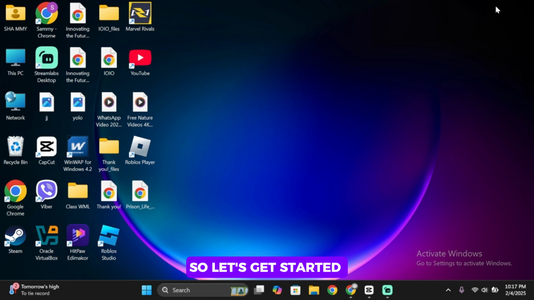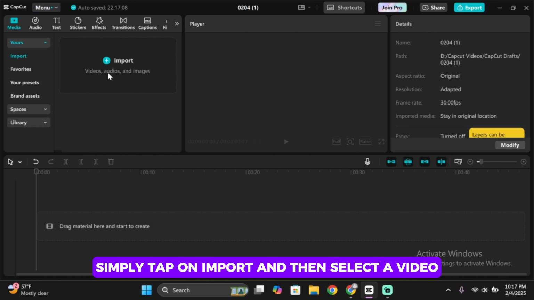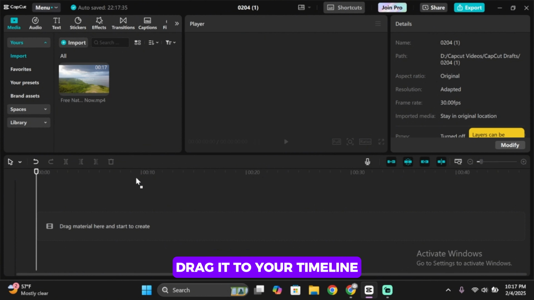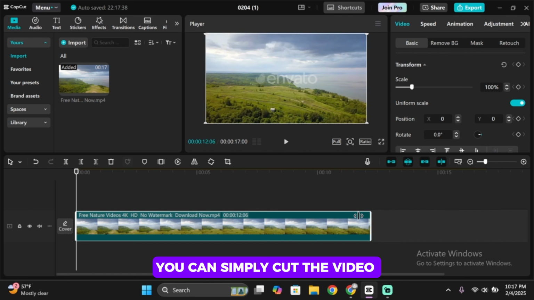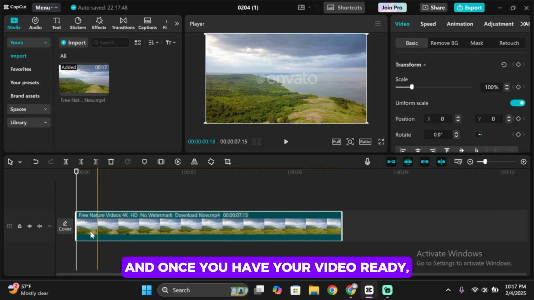So let's get started without any further ado. For that, first of all, you want to go ahead and open the CapCut application on your PC. Once you open the CapCut app, simply tap on import and then select a video. Once you select it, drag it to your timeline. Go ahead and make adjustments. You can simply cut the video to the length you like, and once you have your video ready,